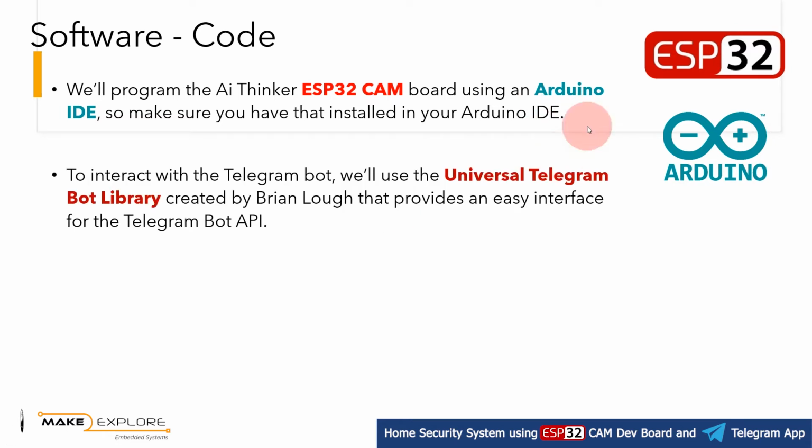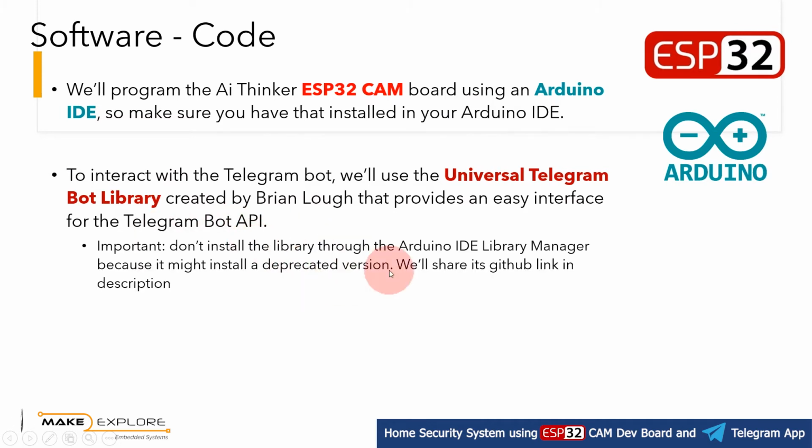To interact with the Telegram bot, we'll use the Universal Telegram Bot library created by Brian Lough, which provides an easy interface for the Telegram Bot API. But make sure you install this library using the GitHub link of this library. We will share this link in the description of this video.